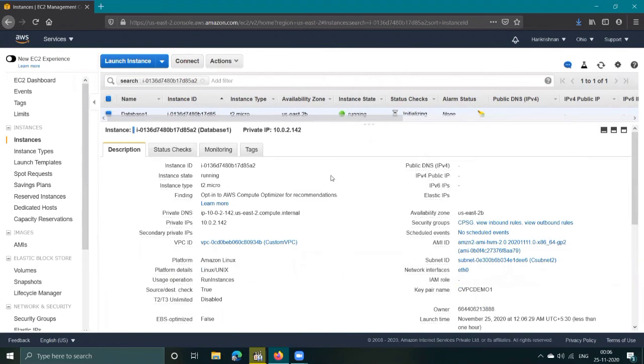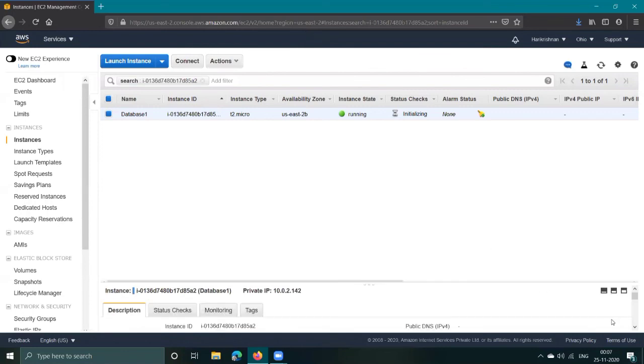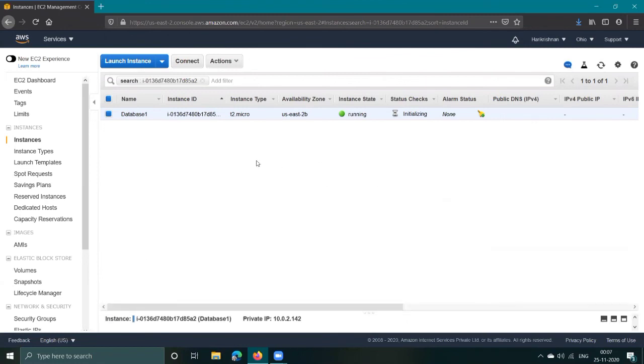Yeah, it's running now. See, it doesn't have a public IP, as we have assigned private IPs in the security group's source. Here we have launched two EC2 instances, one public and one private, in the subnets associated with our custom VPC.